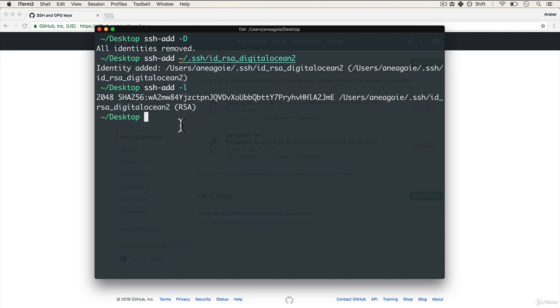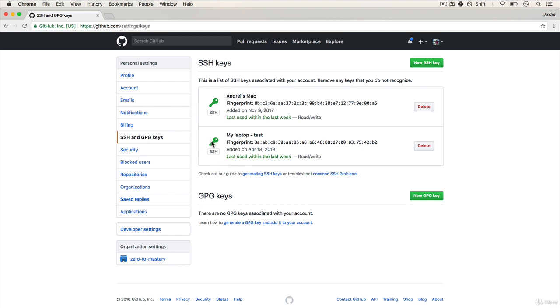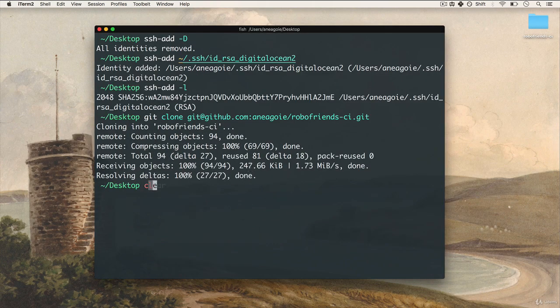And now if I git clone a repo, a little repo that I have, I'm able to clone it using SSH. And you can see over here that the key is now green, which means it's all working. Very cool. Okay, now to summarize everything,